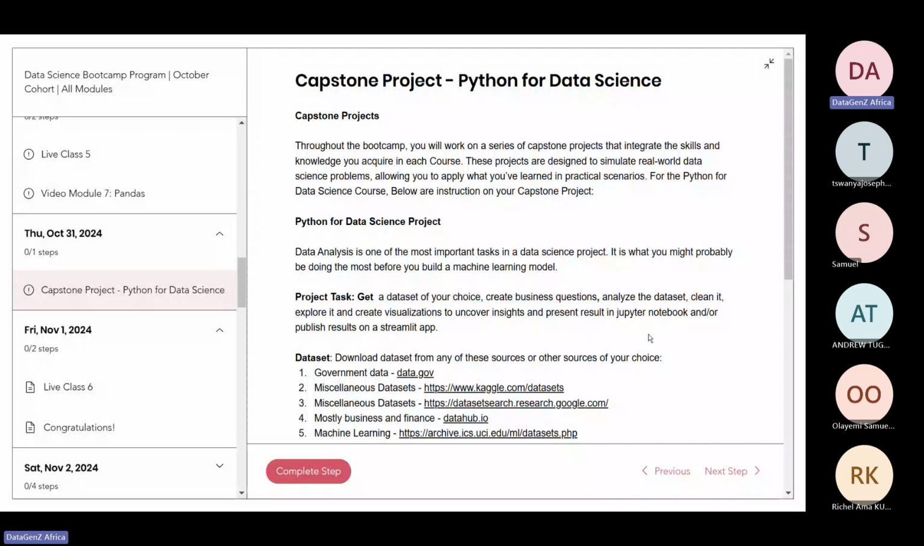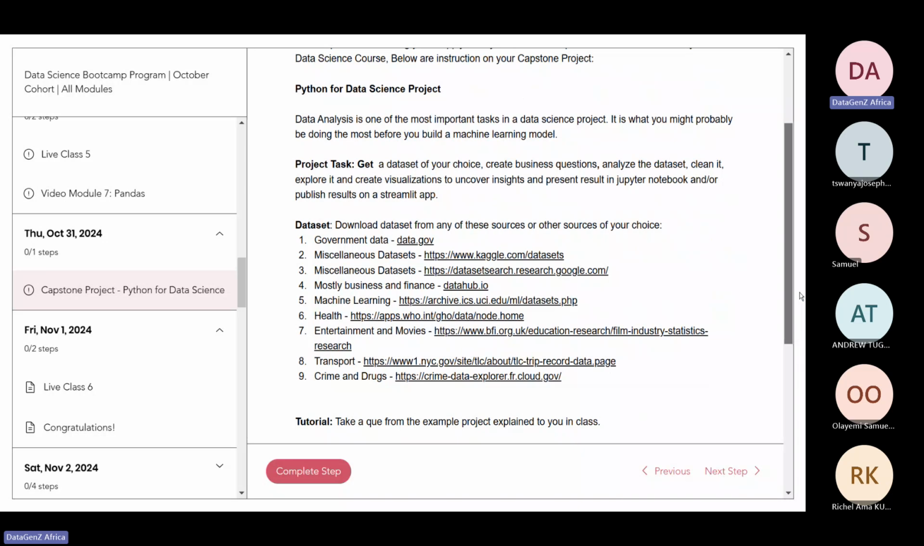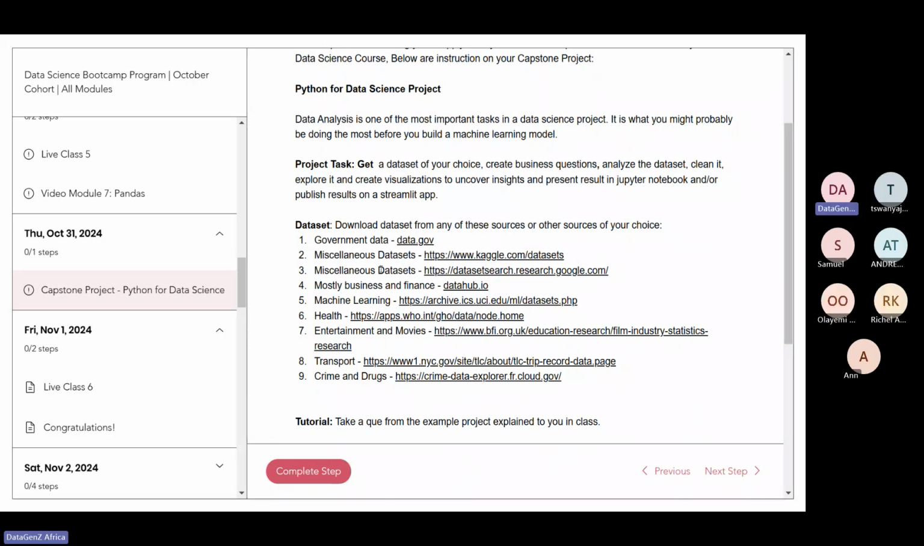Okay, so for this work, you're going to download from any of the sources or other sources of your choice. There are different data sets that you can use. If you're looking for government related data, you could go to data.gov. If you're looking for any other data set,